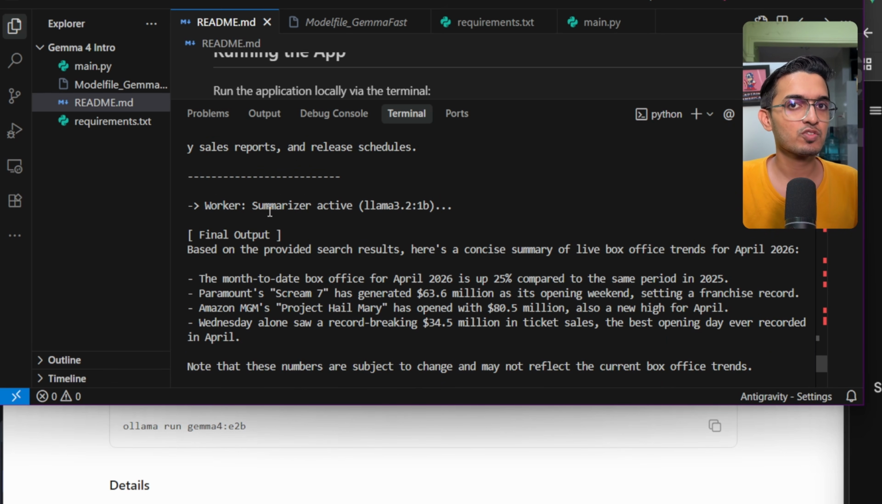So now the worker agent of summarizer is also called with the Llama 3.2 model, and it has given this final output: based on the provided results, here is a concise summary. The month-to-month box office trend is up 25% compared to the same period in 2025. Scream 7 has generated 63 million. Project Hail Mary has opened with 80 million. And the Wednesday of the week alone saw a record-breaking 34 million in ticket sales, the best opening day ever recorded in April. And it has also given a disclaimer that these numbers are subject to change and may not reflect the